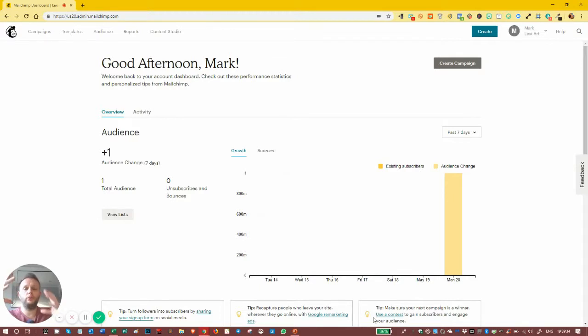Okay, so now we know how to use a visual builder, and now we've got our basic sign-up form set up, ready to go with the information that we need. Let's go ahead and create our first Mailchimp landing page. Let's create something that's nice looking, and we can get something ready to tell people you've got an email list